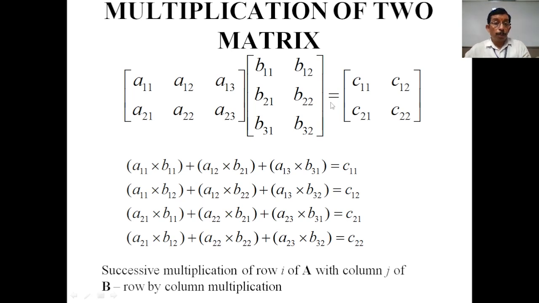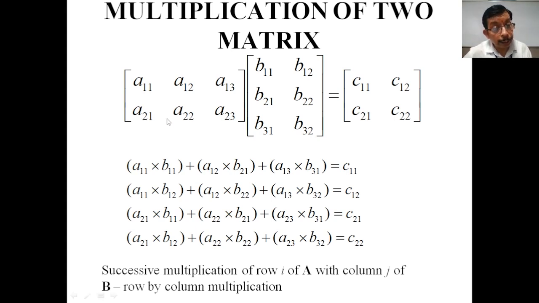If more columns were in B, suppose B13, B12, then we would multiply the first row by the third column. But here, if two columns are given, then the first row multiplication is complete. Now we come to the second row of the first matrix. Again a similar process, and we receive the second row elements of the new matrix.